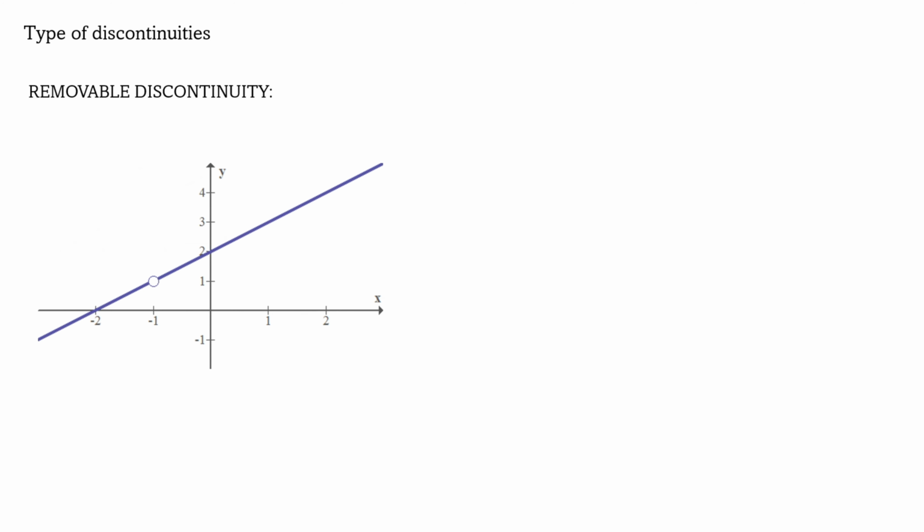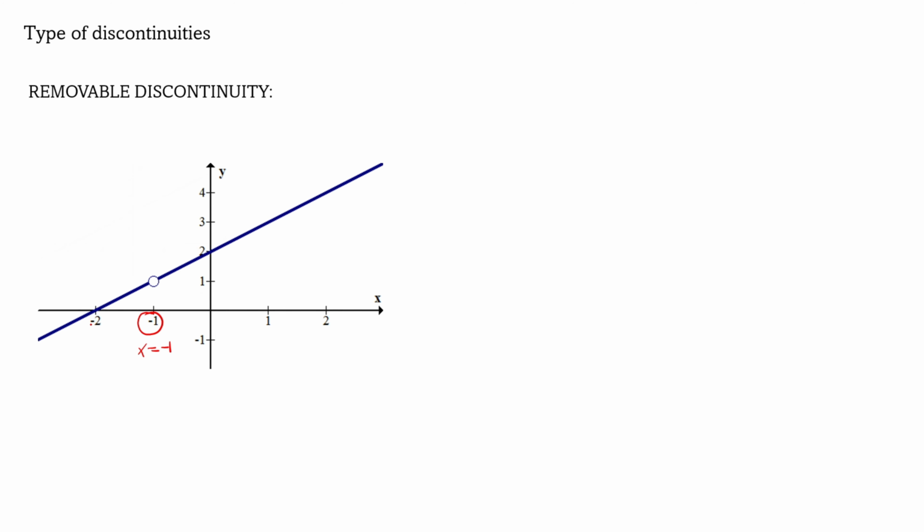So to close this off, let's look at the types of discontinuity. Since we have said that when one of the conditions is not met, then it's a discontinuity, let us look at this graph. You can easily identify that the discontinuity here is at x equals -1. That's why there's a discontinuity, because you can see that here there's an open circle.